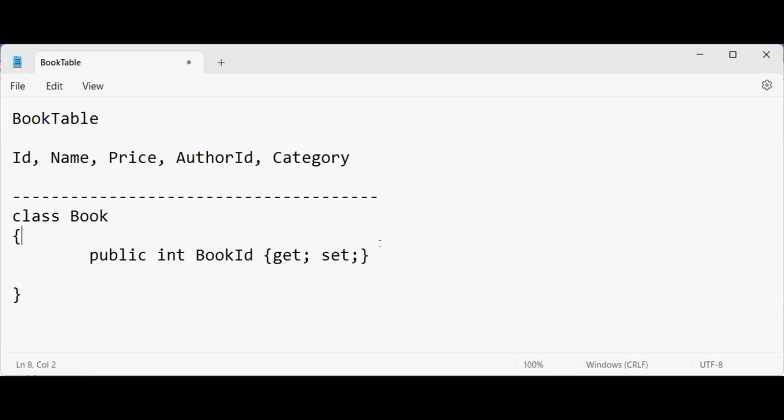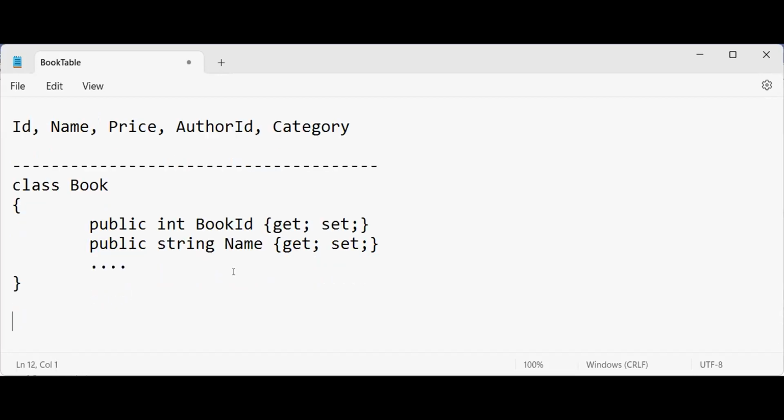So this is your class Book having ID as a field property. Another property is name. Okay, and name can be a string, right? So that's why string, and so on. So just assume we have all these properties. Now,